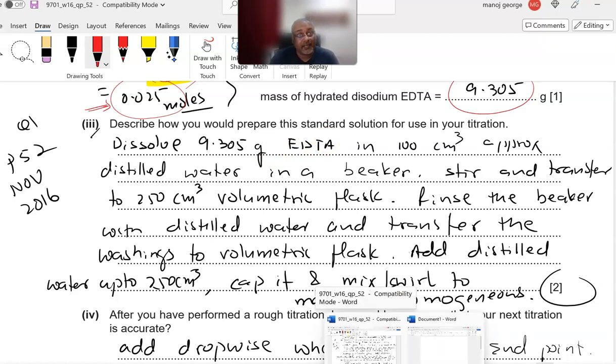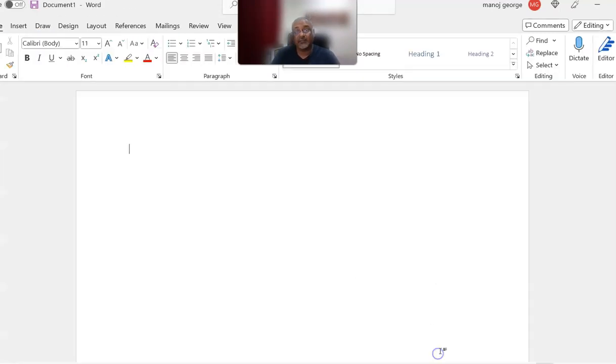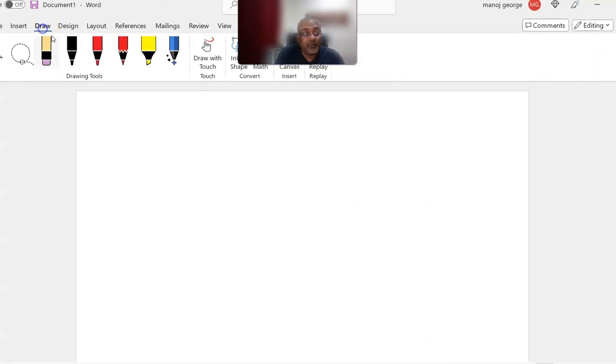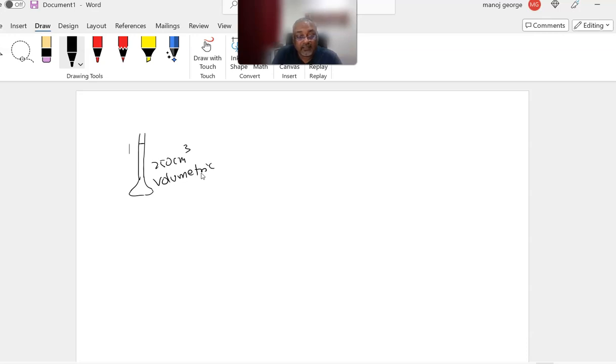The idea is to prepare 250 cm³ of the EDTA. I have written all the explanation here, but I will just explain it to you in a simpler format using some visual diagrams, which might help you. Normally, of course, we cannot add the solid directly into the volumetric flask. Remember, it kind of looks something like this, and it's very difficult for us to put the solid here and really mix it. That's a 250 cm³ volumetric flask,